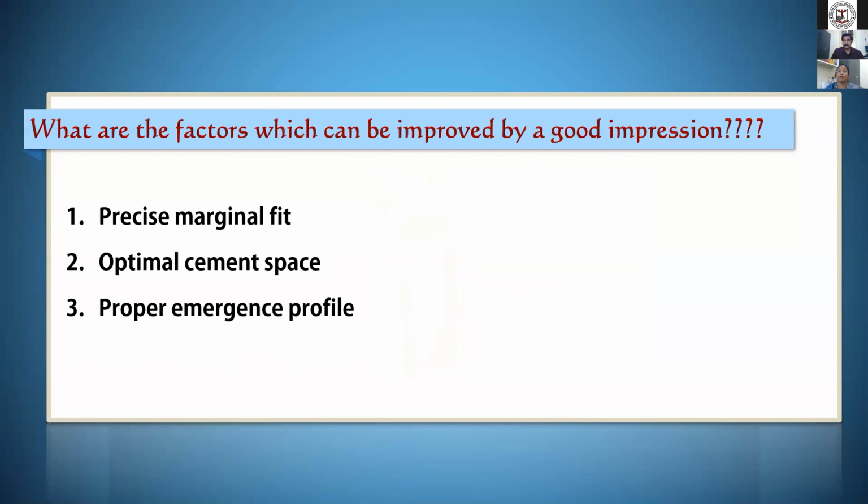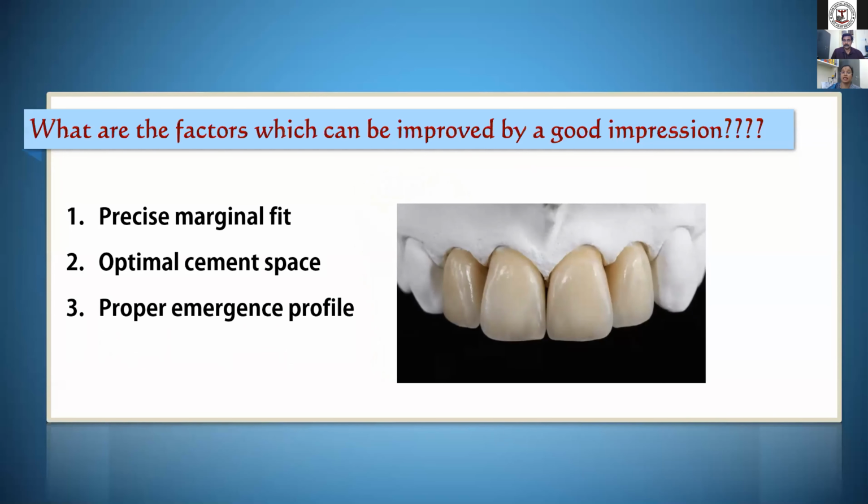Now, a good emergence profile will improve aesthetics, reduce food lodgement, and improve self-cleansibility of the restoration. What is emergence profile? The emergence profile is the angle at which the tooth emerges from the gums. Capturing the finish line and adjacent root portion will help to reproduce the proper emergence profile.